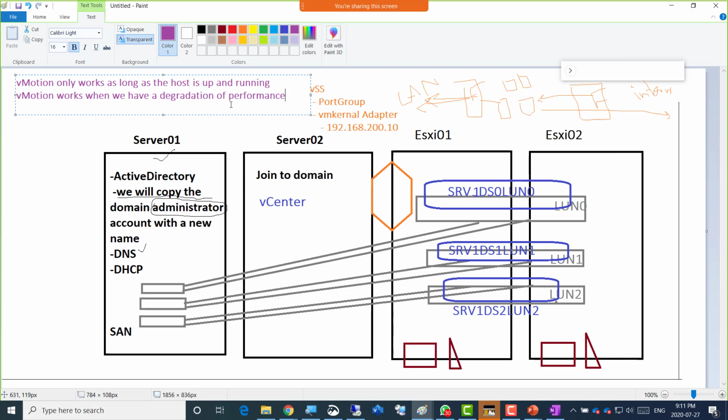vMotion means the machine is powered on. So you only do that when there's a degradation of performance. If the host went down, if the host crashed, then vMotion will also not work. So it's not used for disaster recovery. It is used for degradation of performance. Disaster recovery, you have two other features. What are those? Disaster recovery and crashes of any type, hard disk crash or PC power crash or whatever